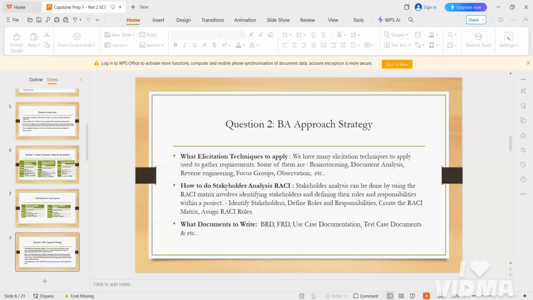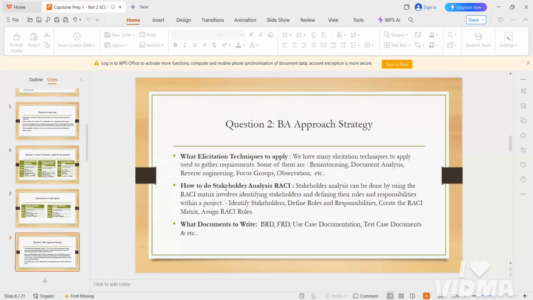The next thing you will do is stakeholder analysis. For that we need to use the RACI matrix because we need to identify each and every stakeholder in the project. RACI means responsible, accountable, consulted, and informed.